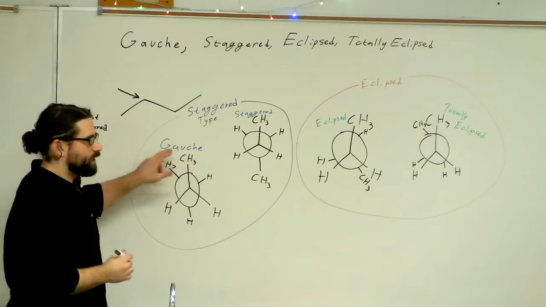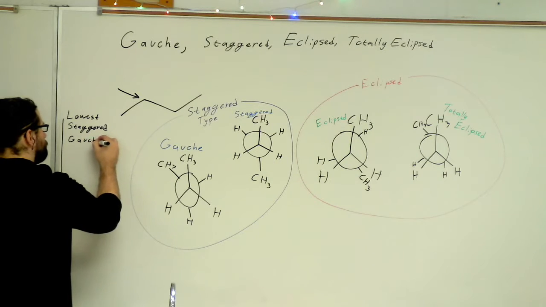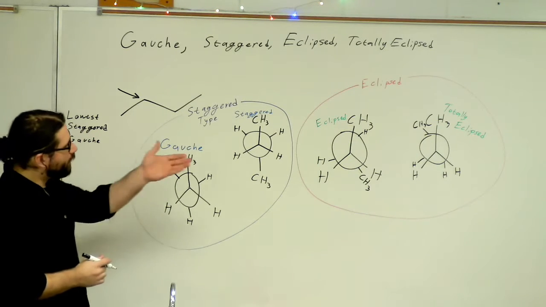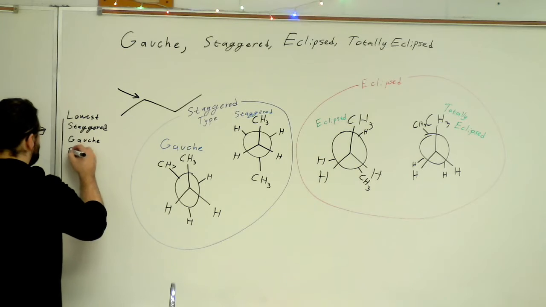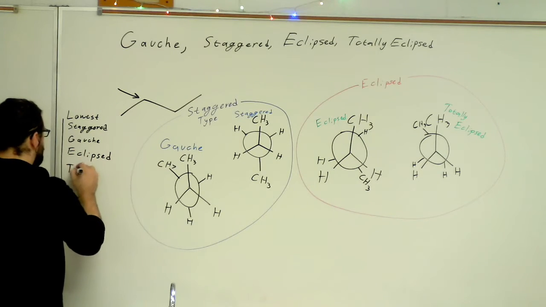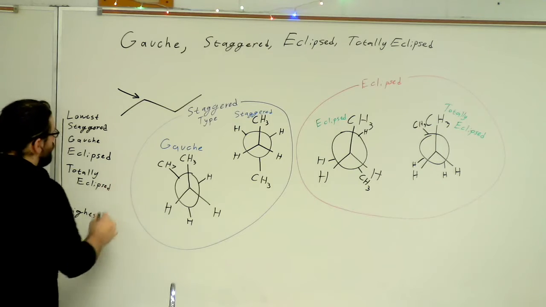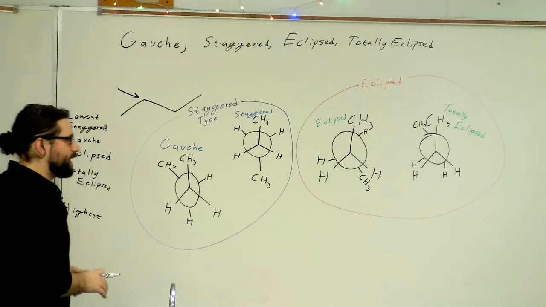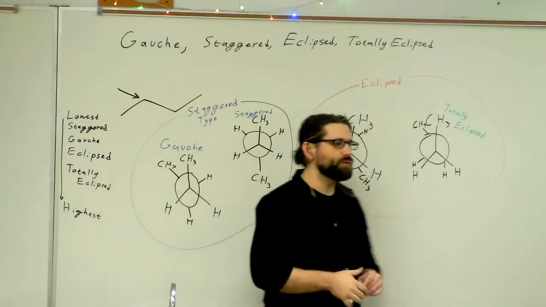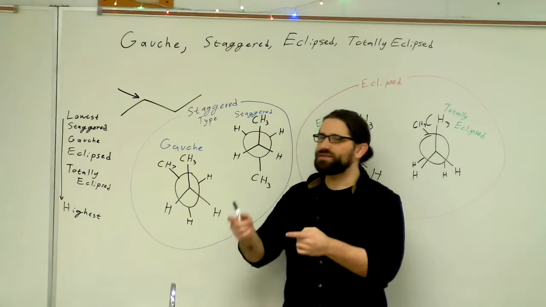Next, our Gauche conformation is going to be a little bit more. After that, we'll have eclipse. Finally, totally eclipsed. So this is our ranking of our energy levels. And in order to look at these more specifically, let's graph out what this would look like as it's rotating